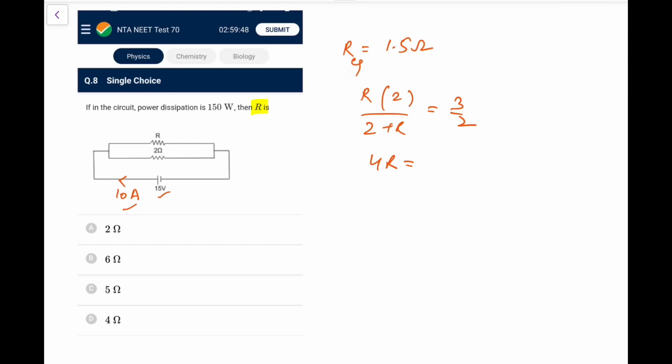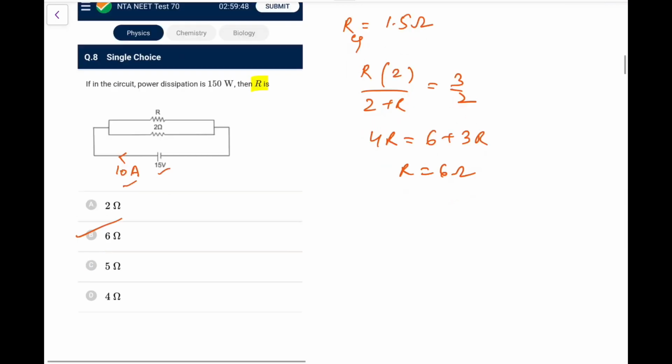So 4R is 6 plus 3R, so R comes out as 6 ohm. So you can go for option B. Again, not a tough question for you. Next one, in a series resonant LCR circuit, voltage across R is 100, R is 1 kilo ohm with C